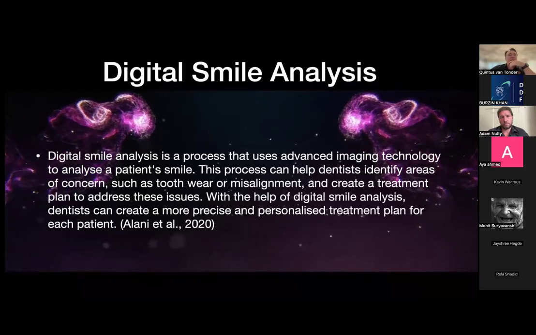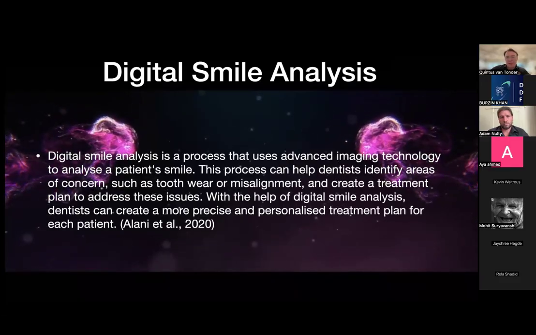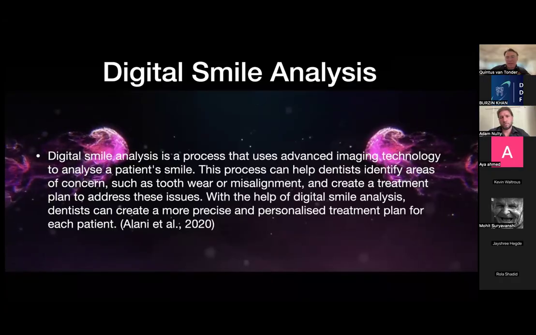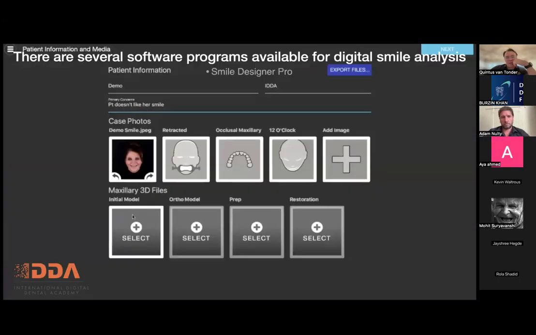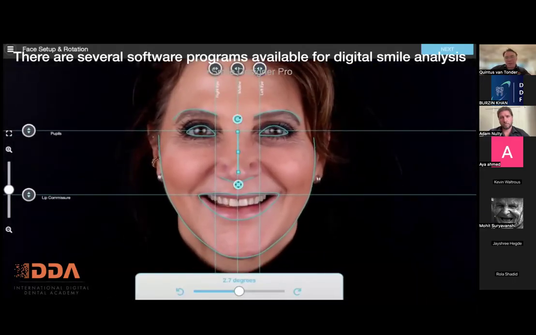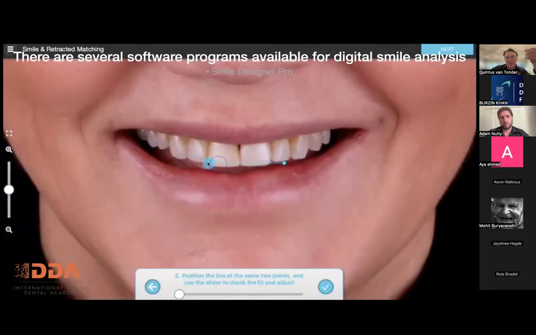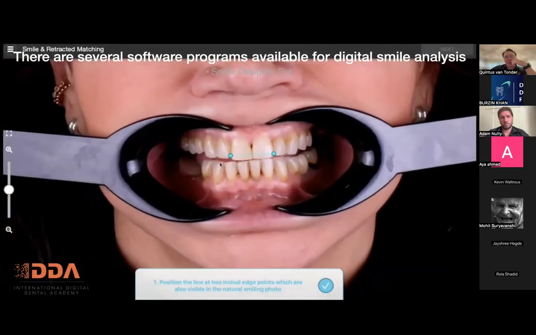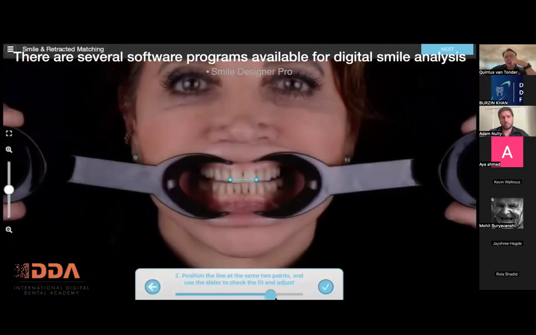So digital smile analysis is basically just using software to digitally analyze the smile and the face. Adam, you can go to the next one. For this, I mostly use Smile Designer Pro. I don't use it so much anymore. I've more gone into Smile Cloud, but Smile Designer Pro is a very useful tool to help us